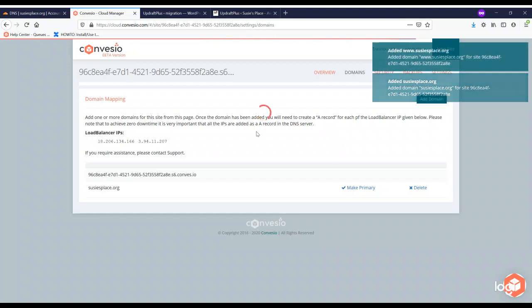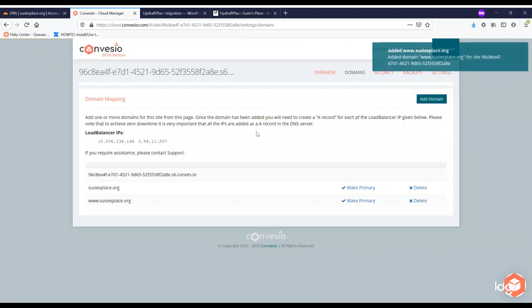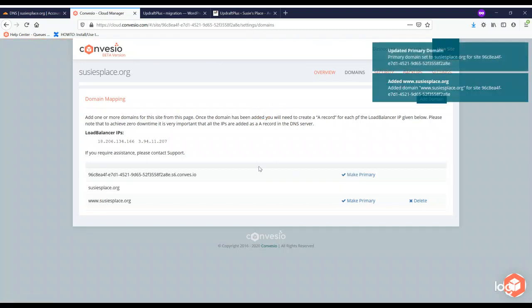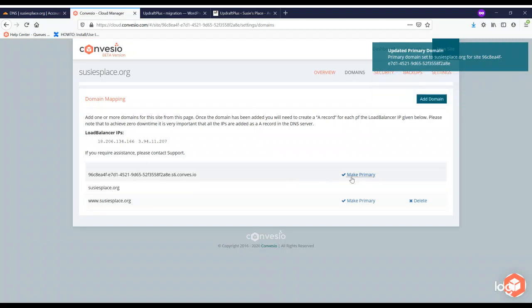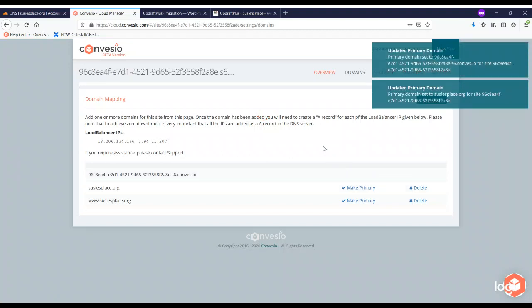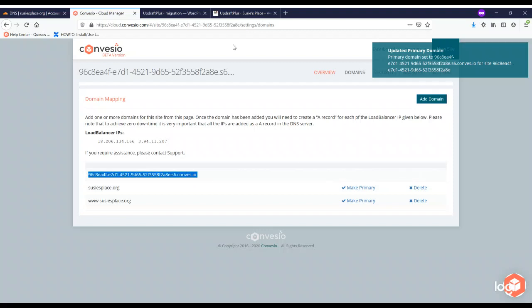Now, in order to see the site on the temp site after you've upgraded with Updraft, you're going to want to select the root domain, make primary, and then we're going to switch it right back to the temp domain, and we're going to make that the primary. Okay, now we're going to want to go to this URL,